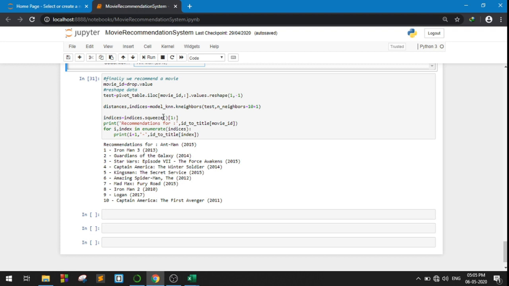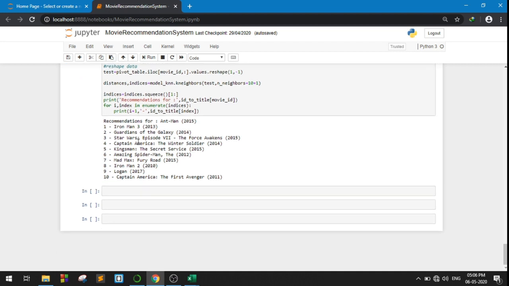Discard this row and display the rest of the 10 movies. Next we remove the extra dimension by squeezing and discarding the first element, which is the requested movie. So finally the output is the recommendation, that is, the movies recommended for the above title.